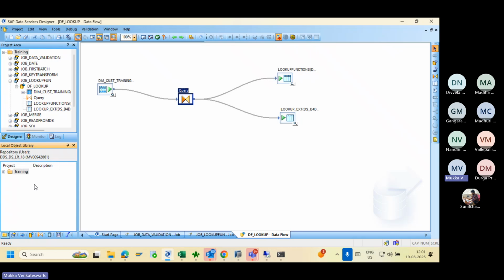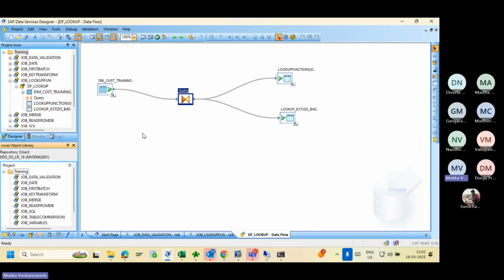you can migrate the objects from live to live, meaning from the DAO live system and the quality live system. That is repository to repository. You can migrate the objects from one environment to another environment. Another way is you can import that job to your local device, log into the quality system, then import that job into the quality system. Okay, now what I'm doing here is